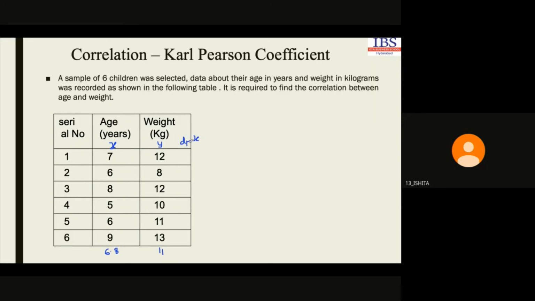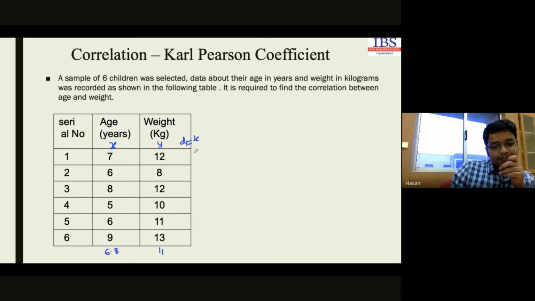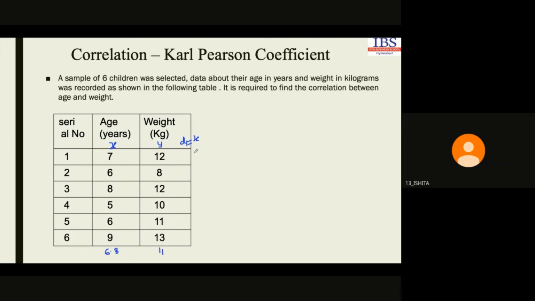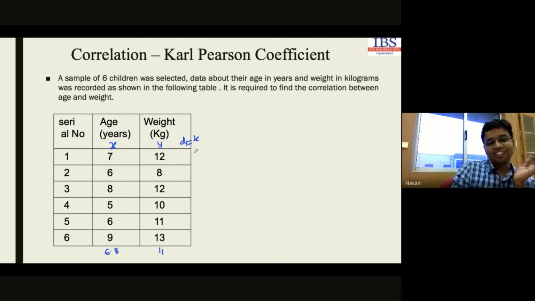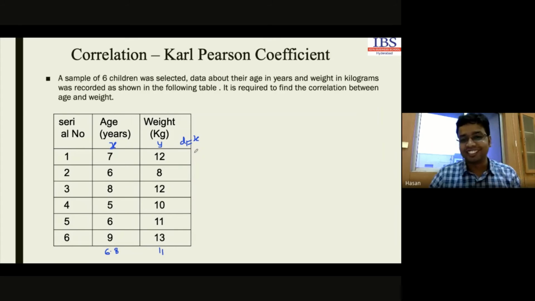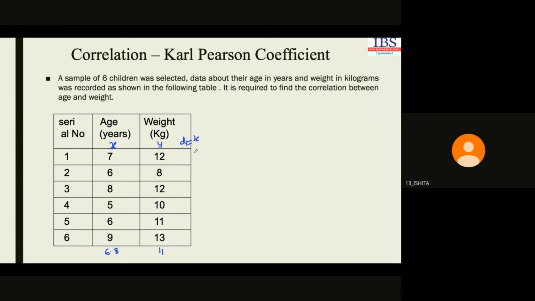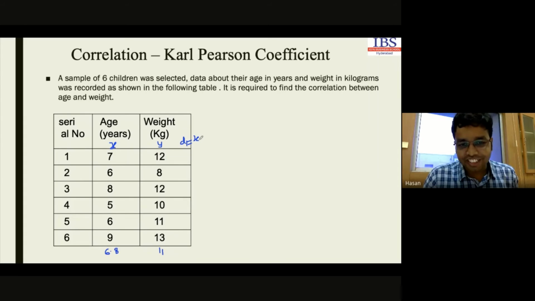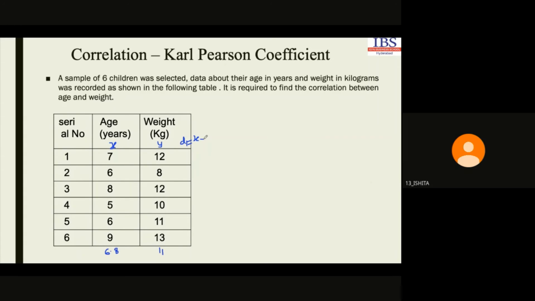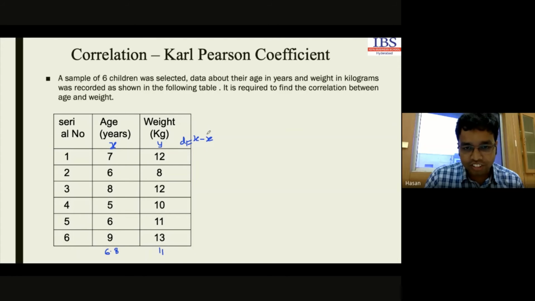Sir, can the decimals be rounded off to 7? Why? It will be easy to calculate. You have only a few data points. Why were you thinking like this? Okay, sir. Don't think in this way. This is a very small number of data points, only 6. Try to understand the concept and practice as much as possible. Only then can you solve it easily.